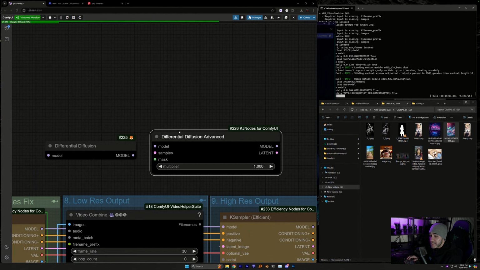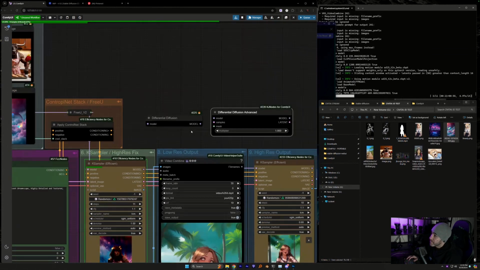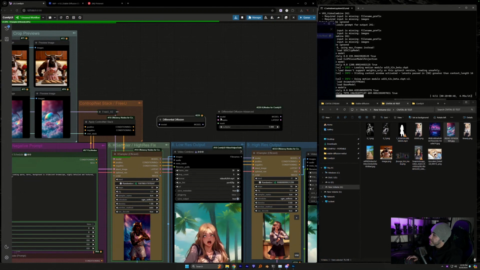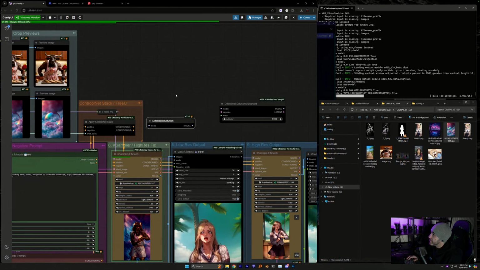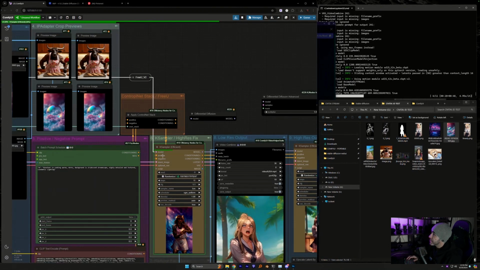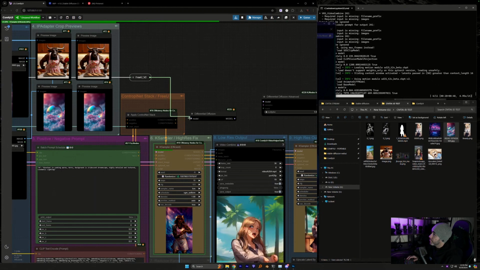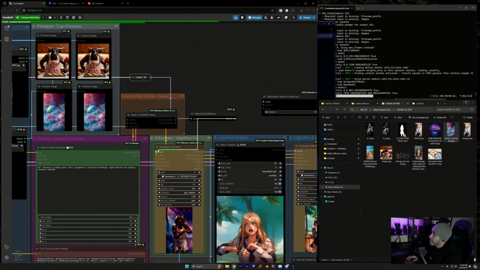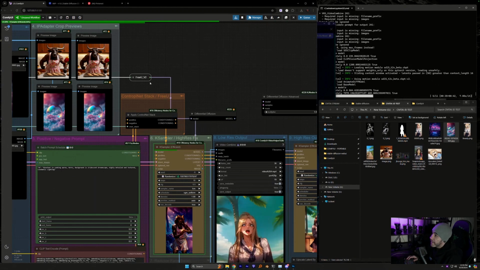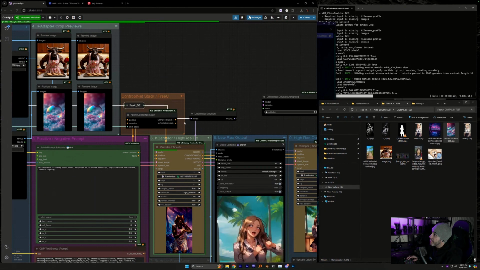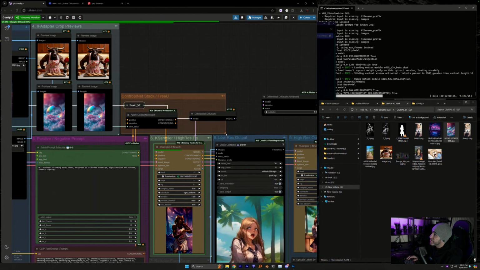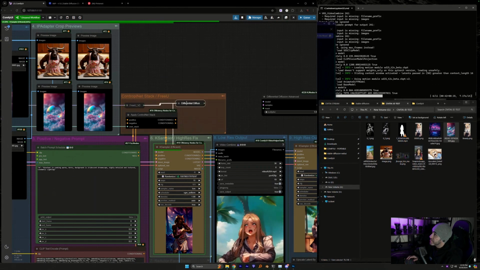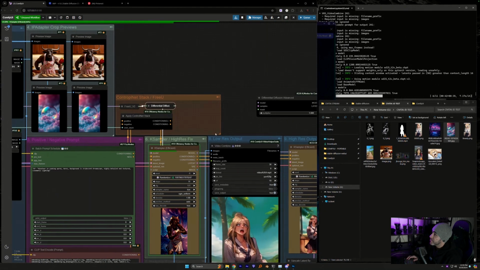Have any of you guys used differential diffusion with videos yet? Or not really? Because we could just plug it in. This one, the regular one, just goes in the model chain, so we could actually just go boom and boom, and just see how it affects stuff. I don't even really need that open since there's no values.